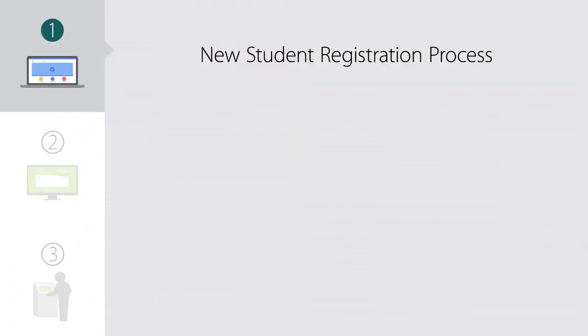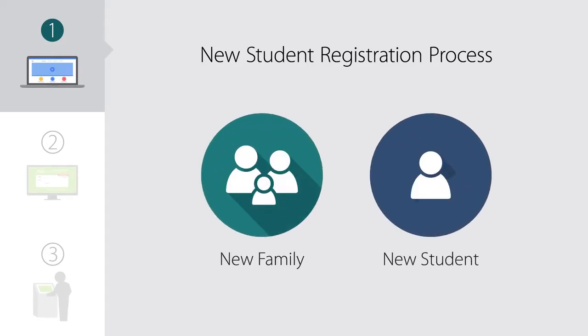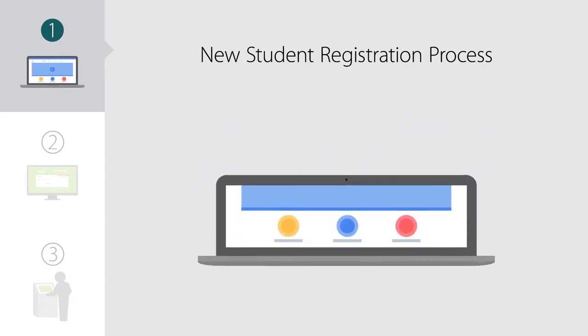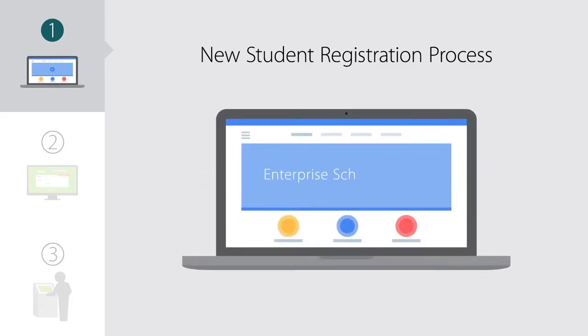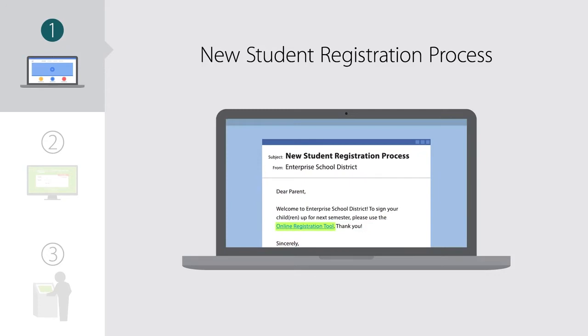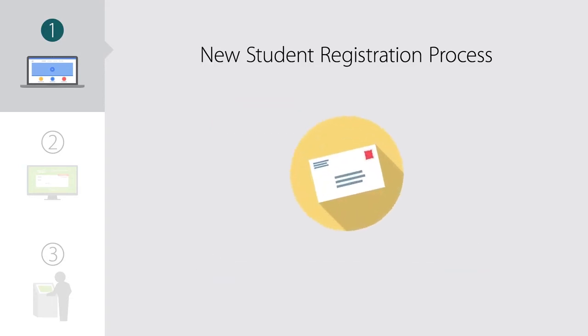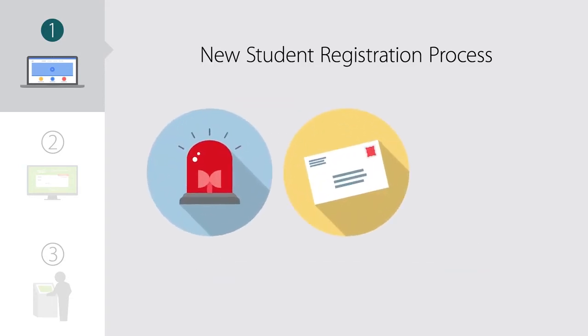One way is the new student registration process. This is for families or individual students new to the district. Your district will provide a URL for the online registration tool, usually on the district website. Click the link and enter the required information. An email will be sent with a link to the online registration tool. This process allows you to enter all required information for enrolling your child, such as mailing information, emergency contact information,